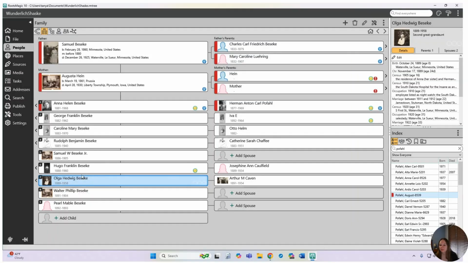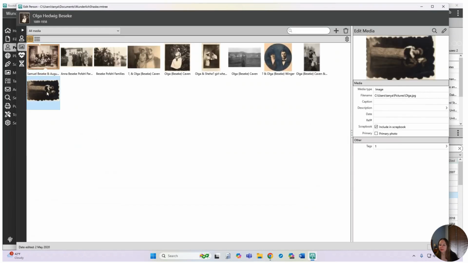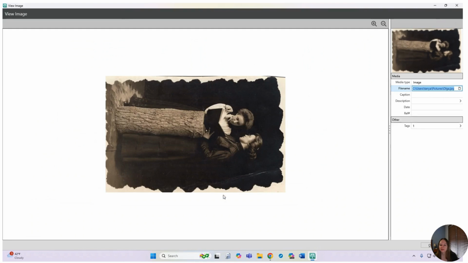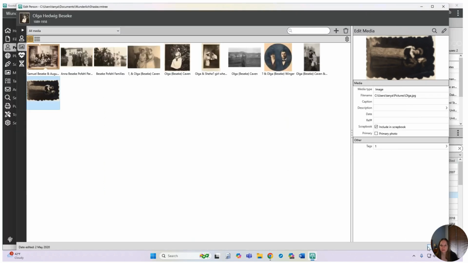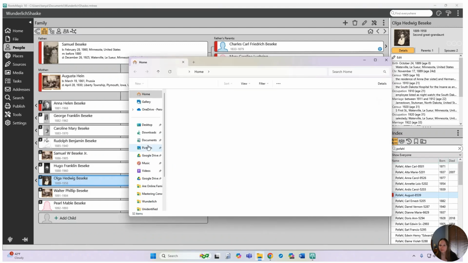So I'm scanning in all these pictures. I've got one of Olga Besicki. Go to her media, and this photo is sideways. RootsMagic doesn't give us an option to just rotate the picture. So what I'm going to do is go into my File Explorer where my picture is